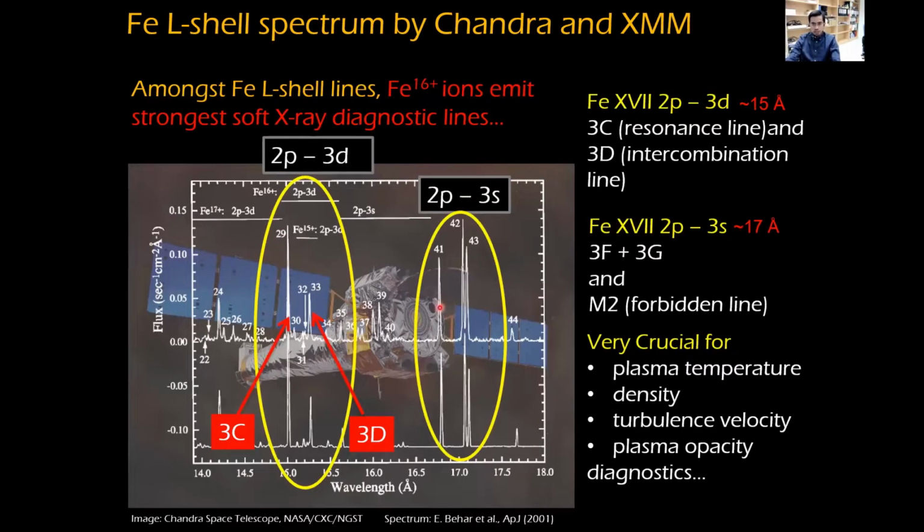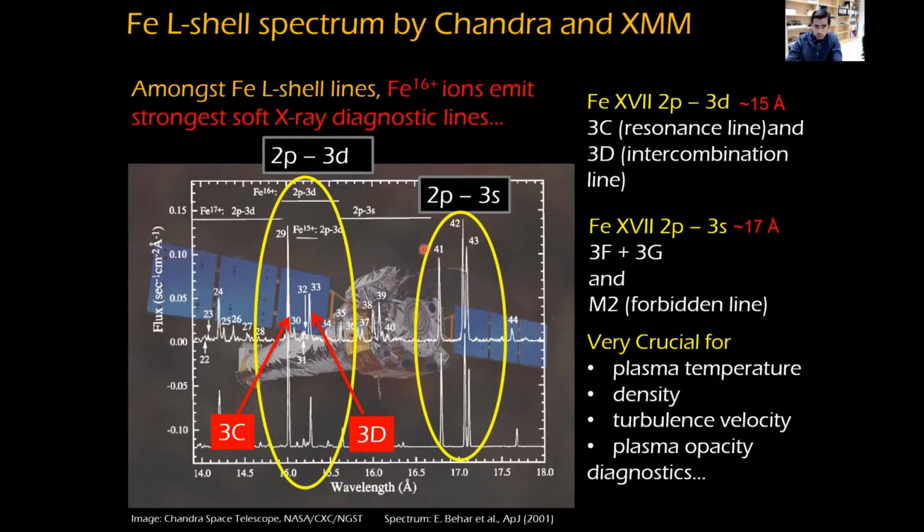They are the strongest emitters of soft X-ray lines. The strongest line is 3C. It's a resonance line along with this 3D intercombination line. These are a 2p to 3d line complex, and you also have a 2p to 3s line complex, which also contains the intercombination line and the forbidden line. And the line ratios of this resonance to intercombination, or the line ratio between this 2p to 3d complex with this forbidden line complex, can give you crucial information on the plasma temperature, density, velocity, and plasma opacities,